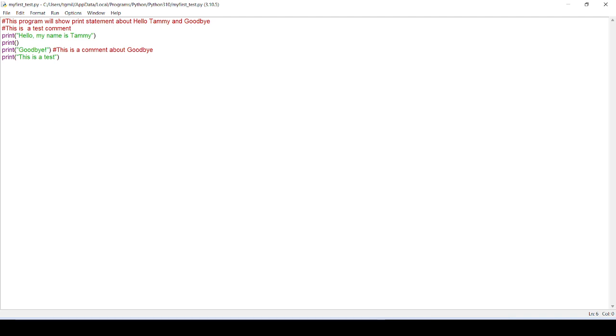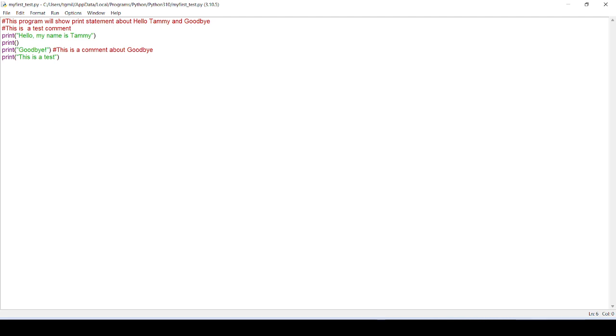With Python, there are a couple of ways that you can use commenting. As you notice here on the screen, I've already created a couple of comments. So the first one is called a block comment. The block comment, of course, is where you are coding a line itself. So when you're working with comments, it starts with a pound sign, and then you can write